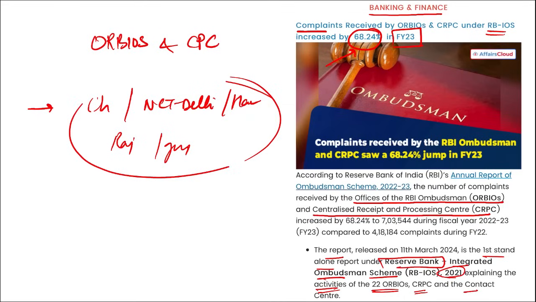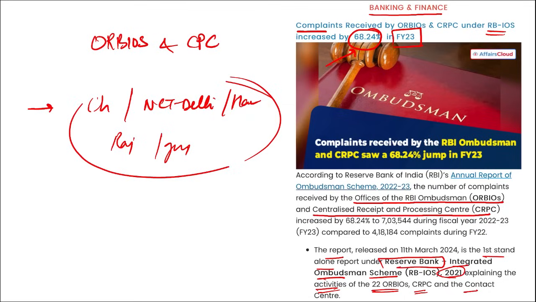As these problems are increasing, in a way you can also understand that whenever there is a problem, the general public complains to these ombudsman. It is also a system where these big organizations and banks can make sure that their complaints are resolved, and in future such complaints do not come up. Once those types of problems are resolved, they should make sure that similar problems do not arise with any individual.